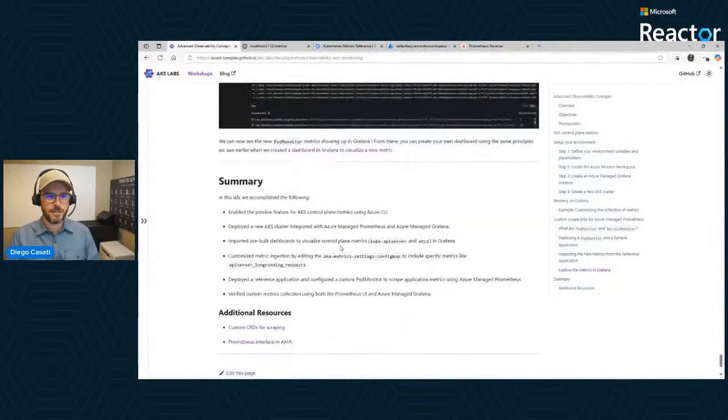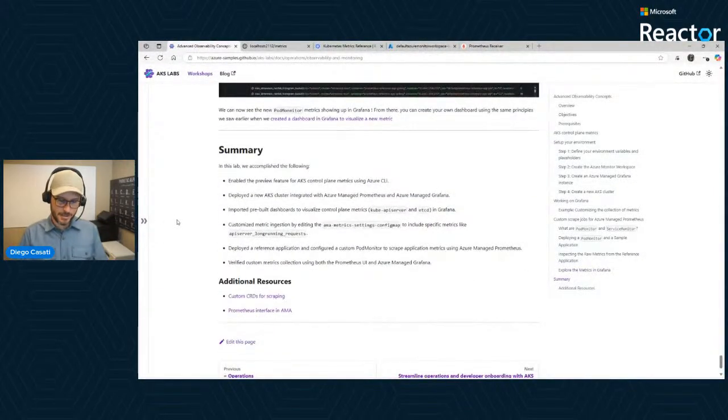I want to finish this with the following. I think this allows us to not only look at this control plane metrics and then retrieve them. If we have to do some monitoring, we can. If we suspect there's something happening, and we're gonna get a heads up, we can do that too.